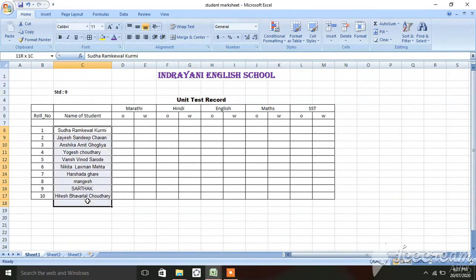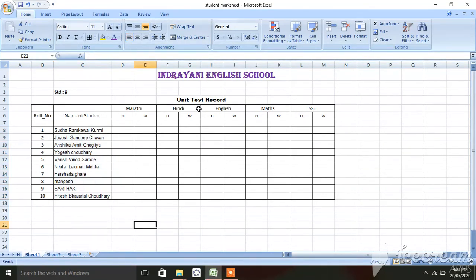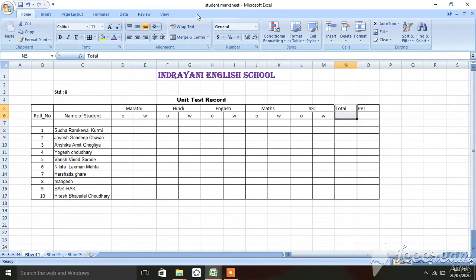Here I want the name on the left side, means left align. Click on left align, then it will display like this. Okay, now this is the table. You can enter the data in the table, but at last I want the total of these subjects, so type total, and I want percentage also. So we will make 2 columns, total and percentage. Again I will use the merging feature here. So our table is ready.